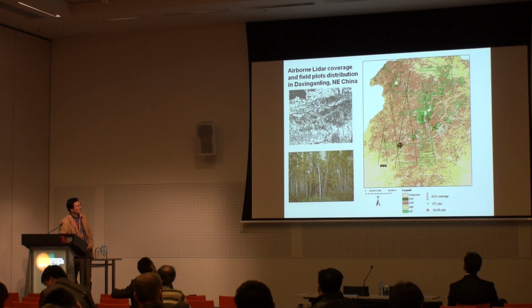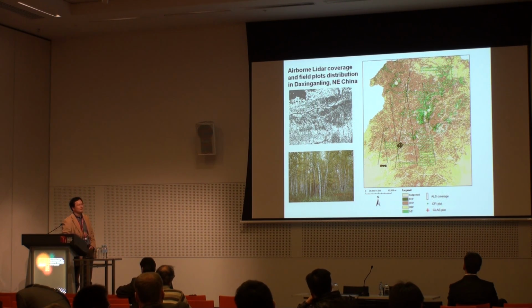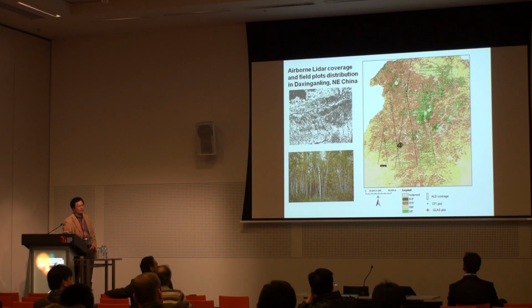But when we designed these airborne LiDAR flight lines, we considered the distribution of the spaceborne LiDAR strips. You can see these strips are the spaceborne LiDAR orbits. Over this data, we also have the spaceborne LiDAR. And also these dots in light green are the permanent plots of the National Forest Inventory